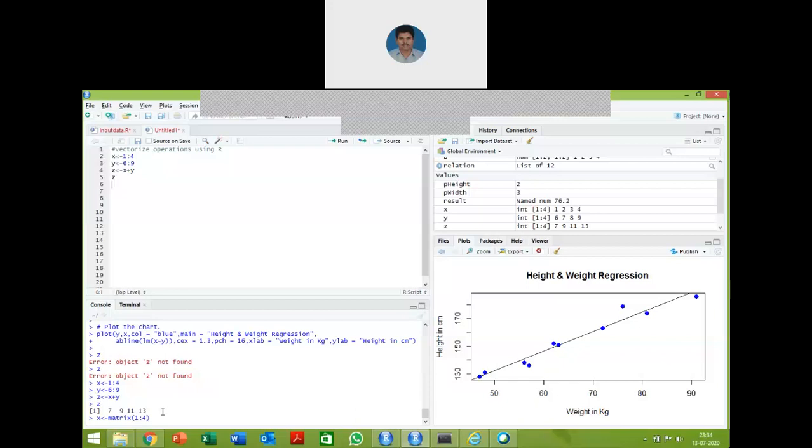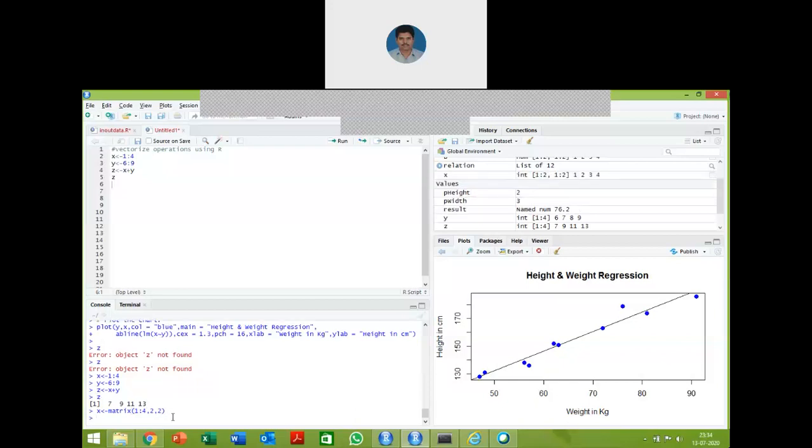Then the size of the matrix: 2 by 2, 2 rows, 2 columns. So this is matrix x.